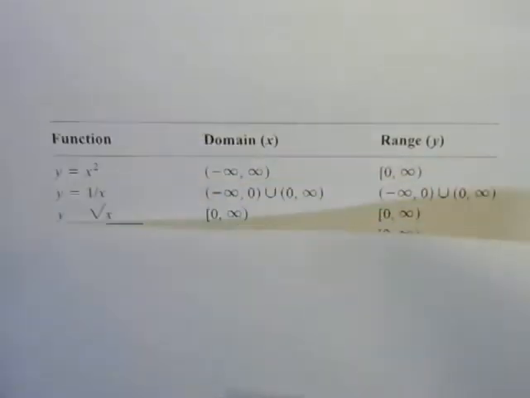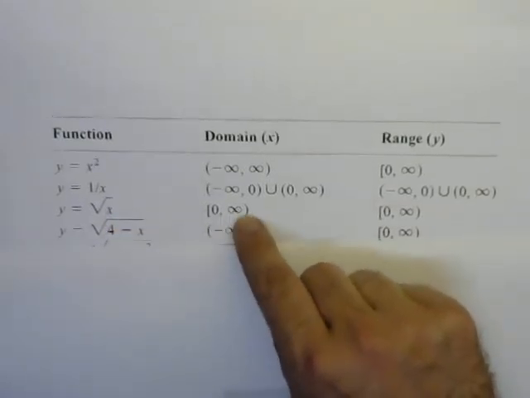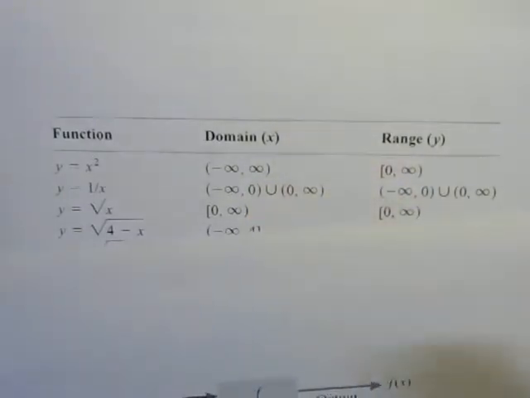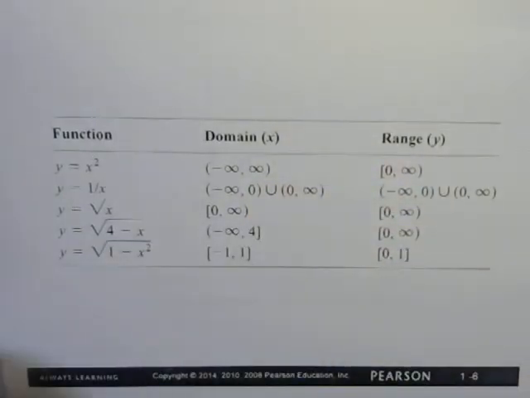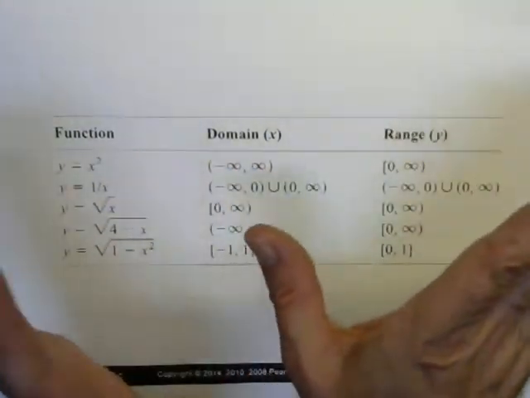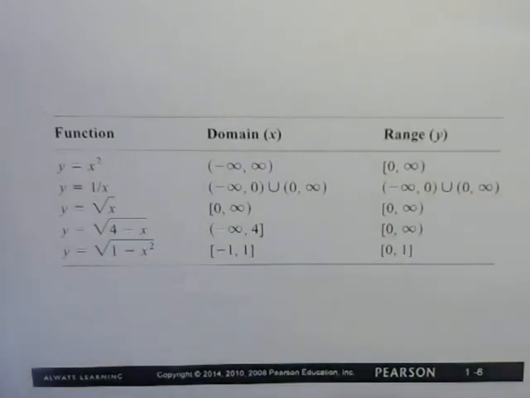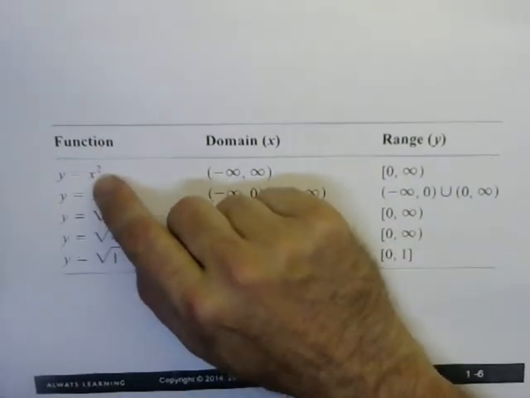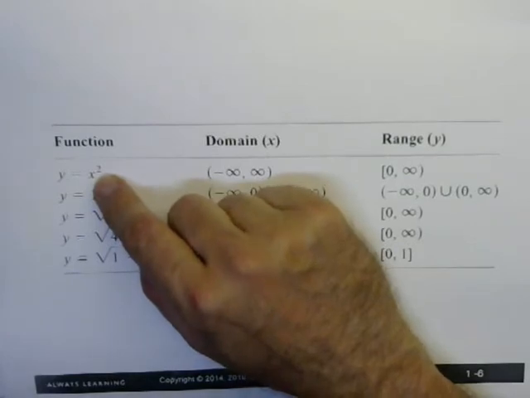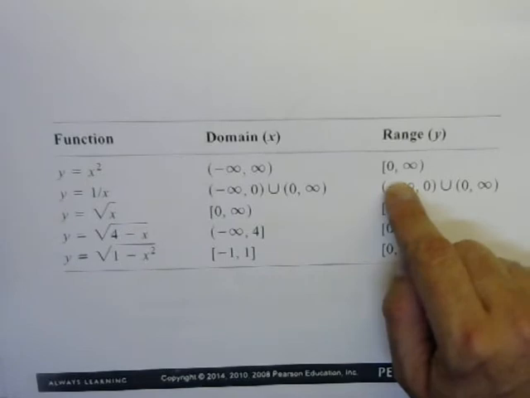So for example, if you have the square root of X, its domain is 0 to infinity because it doesn't make sense to take the square root of -1. So the function y equals x squared, remember, that's a parabola, right? Its domain is -infinity to infinity. It'll cover the entire x-axis. In other words, no matter what number you stick in for x, if you square that number, you'll get a value for y. But because you're only getting positive values here, remember the range, or the output values, are only